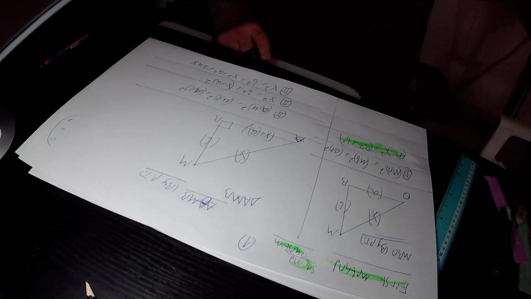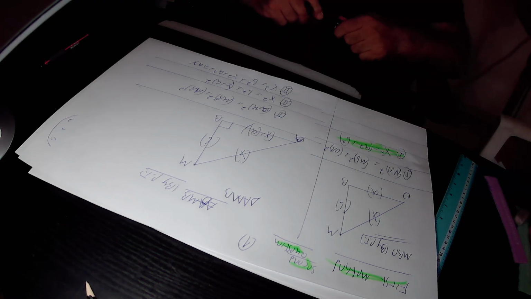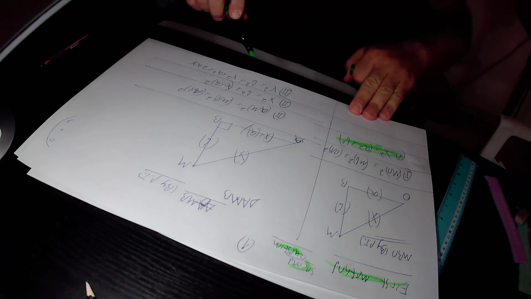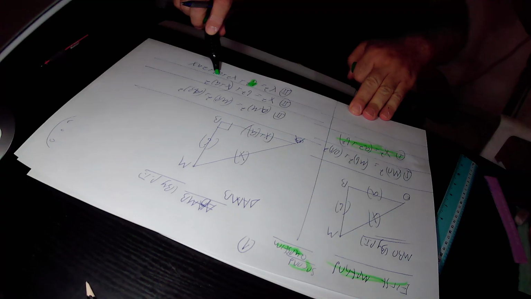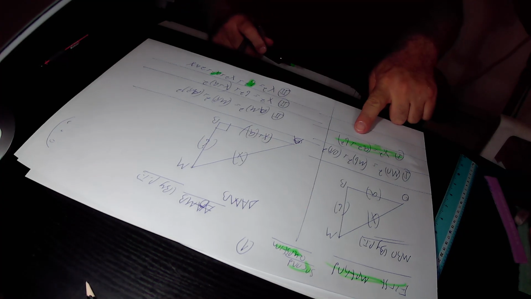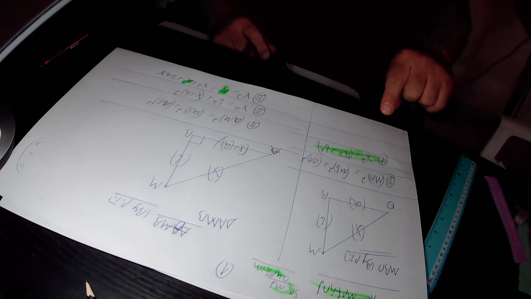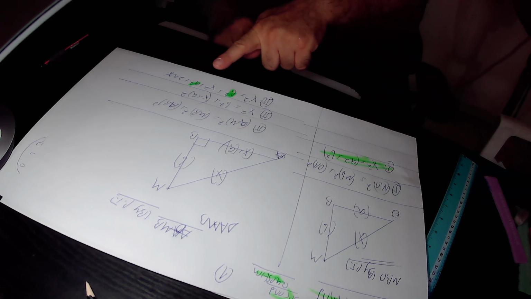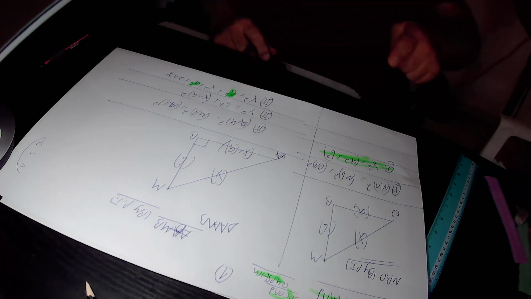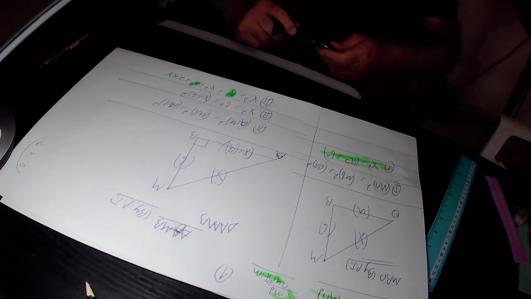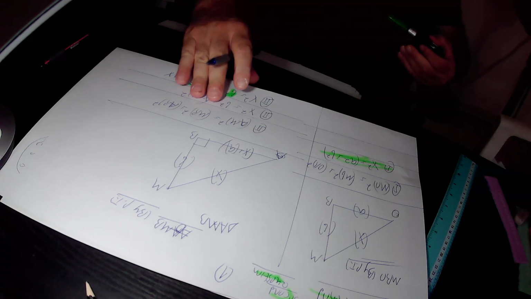Okay, so here we have b squared plus a squared, and according to equation 1, b squared plus a squared equals x squared. So we substitute b squared plus a squared in equation 2 by x squared from equation 1. And we get that